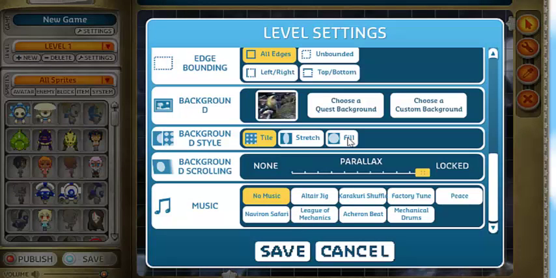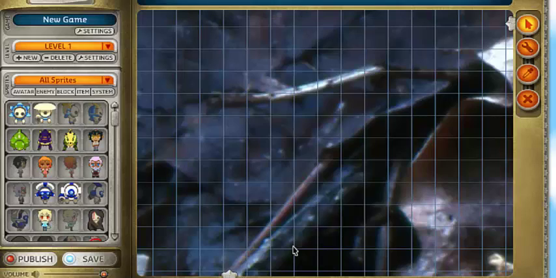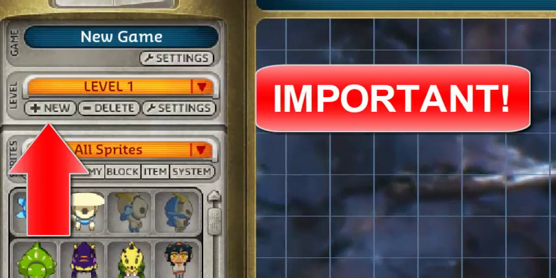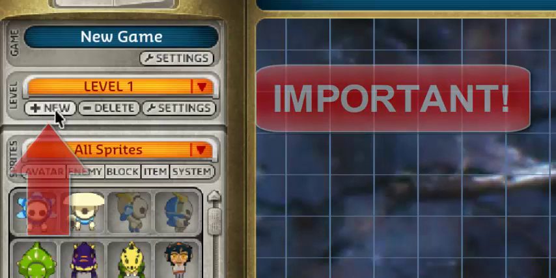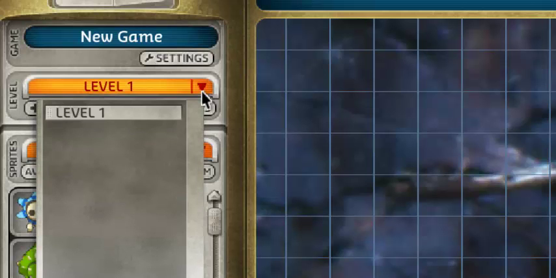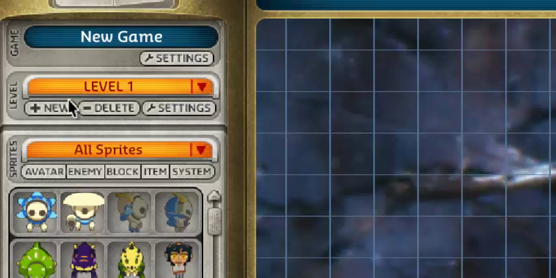Now, very important, to create a new level, you need to click this button right here. You don't need to make a new game. This is a confusion for a lot of people. Our new level here, not a new game. The order that is presented in here, so I'm going to create a new level. The order that is in here is the order of